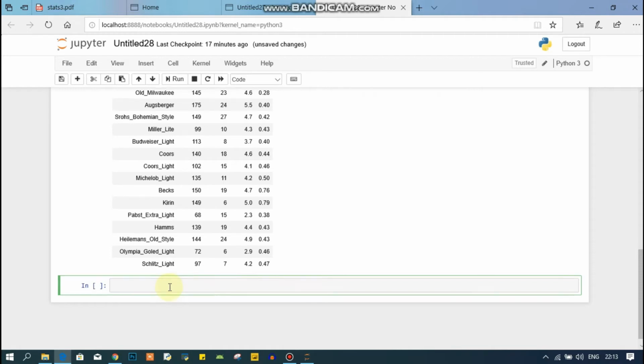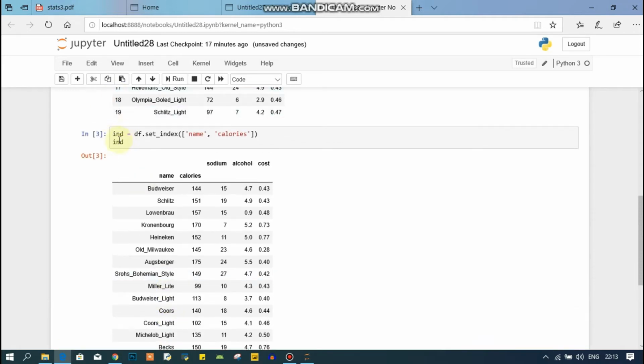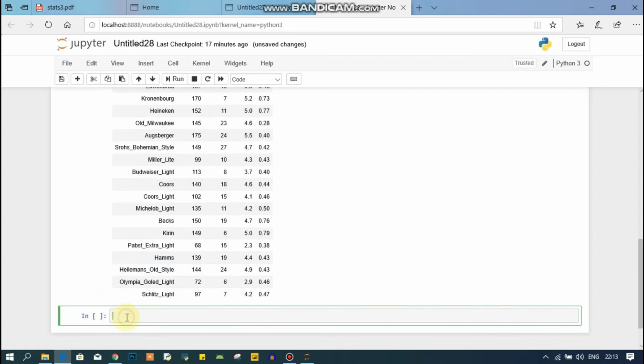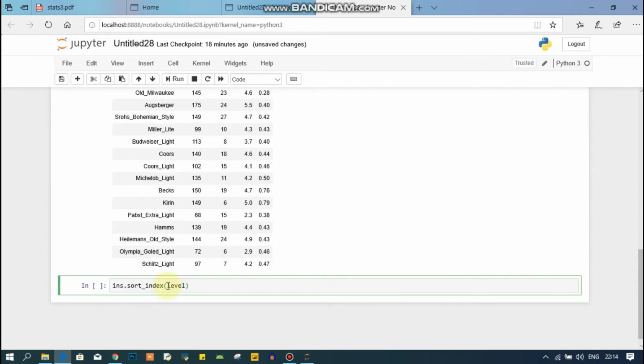For sorting, I will use this variable ndf, and I will use sort_index for sorting my indexes. Now I will use level.